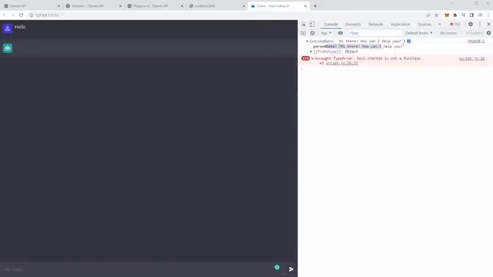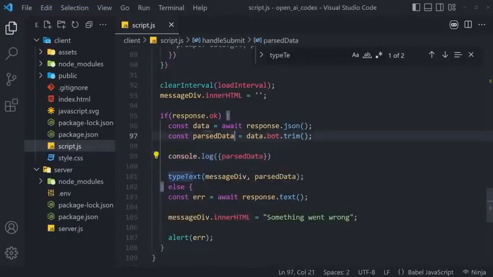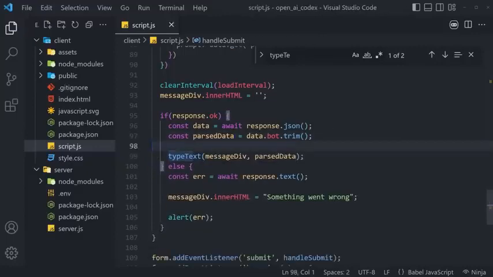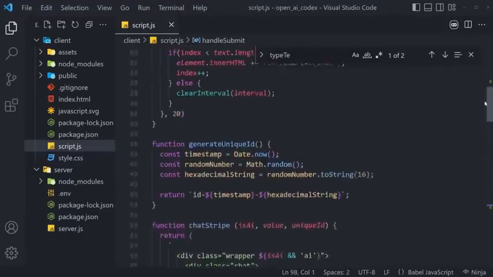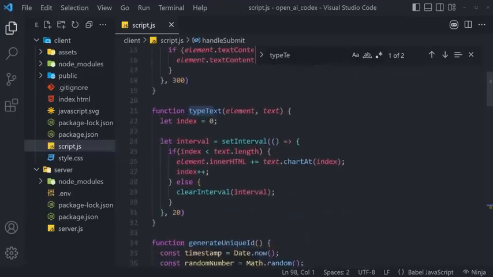Now, if we go back and try with hello, you can see that we get the parse data there, and it's an actual string. So why is this text.char add complaining? Let's delete this, scroll all the way up, and we can easily notice why it's complaining. That's because I typed chart add and not char add. So if we fix this method, which now works with this text that we saw was there,